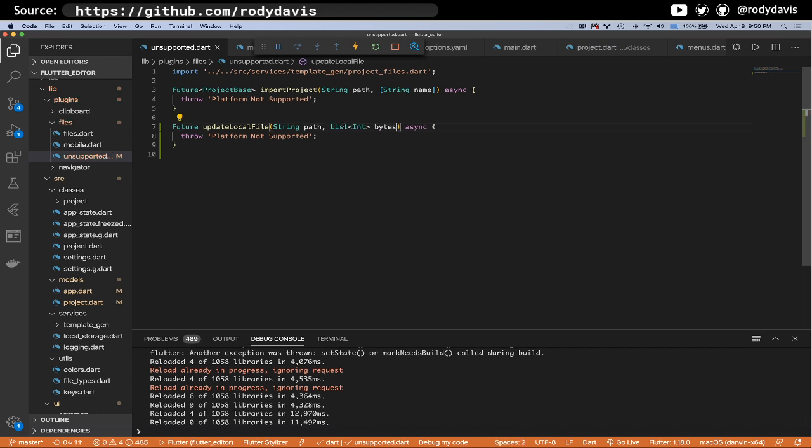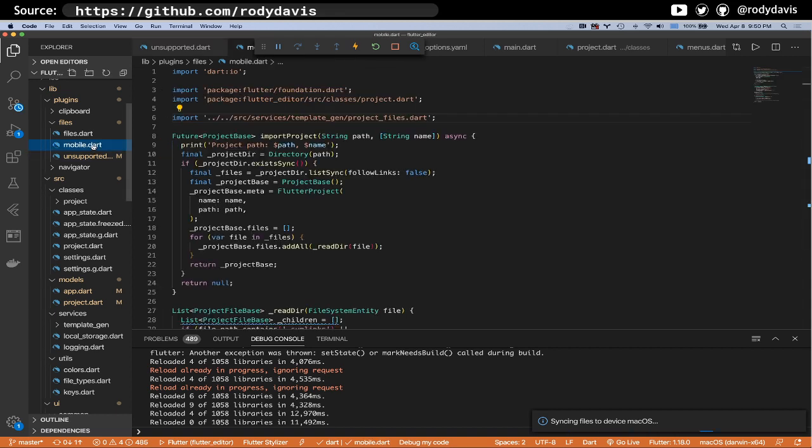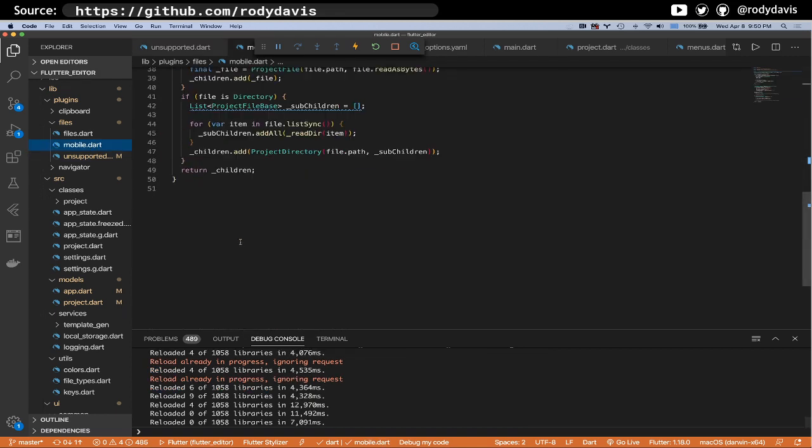I'm doing the wrong language here. Oh yeah, of course. I'm going to have the same one in mobile. And here, what we're going to do, we're going to create the file, first of all, which we need to